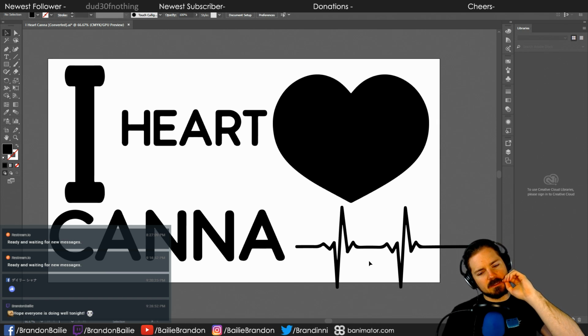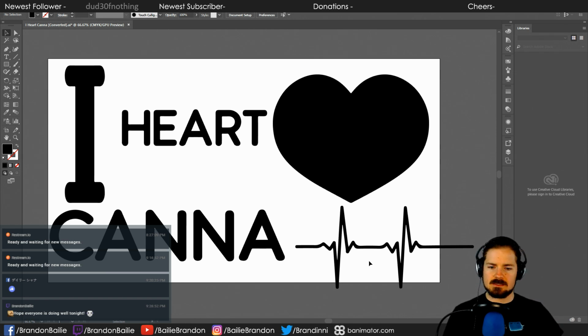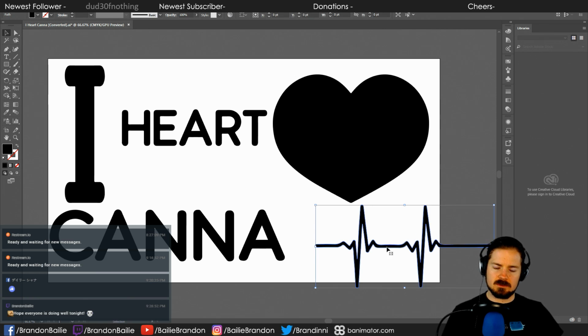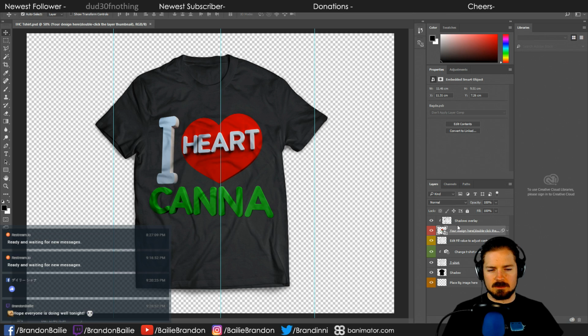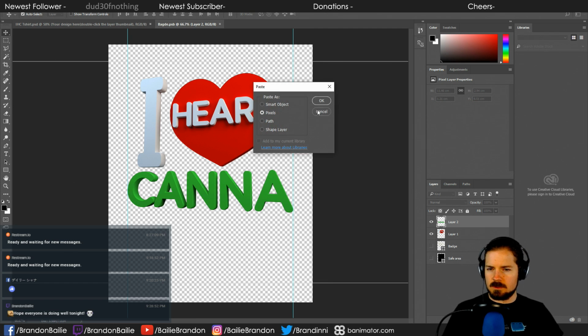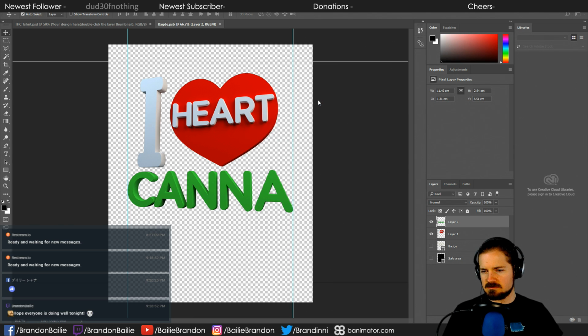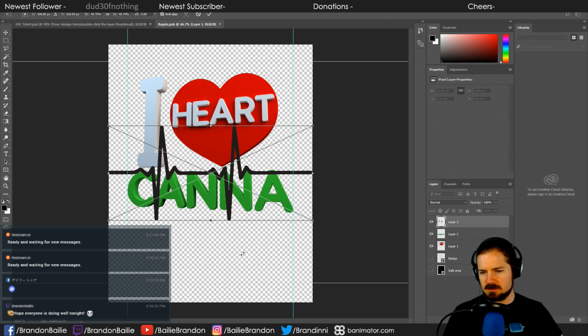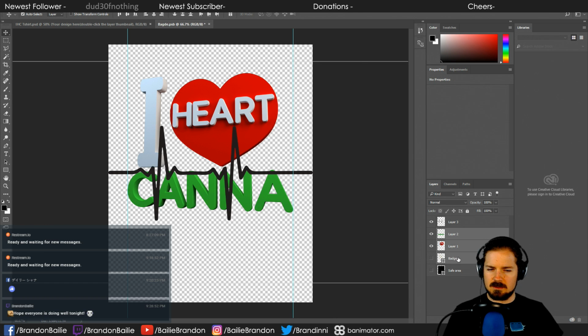Because basically all we really need to do is a whole mess of copy and pasting for the heartbeat itself, right? So if we just take this and do a copy and go into our design, over into here, we paste that as pixels. Yeah, because that's big enough for sure. We're going to have that there. So we can take these two things, we can most definitely bring that down into a single layer. That's fine. You know what? Let's just go ahead and group that real quick so we can turn this on and off.